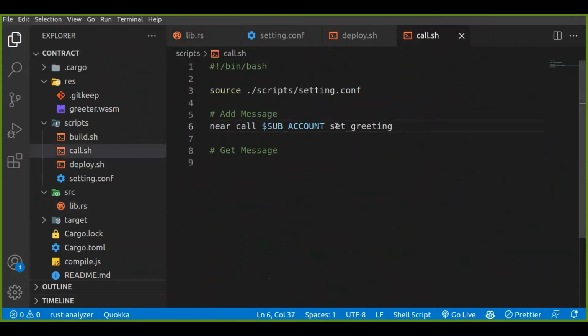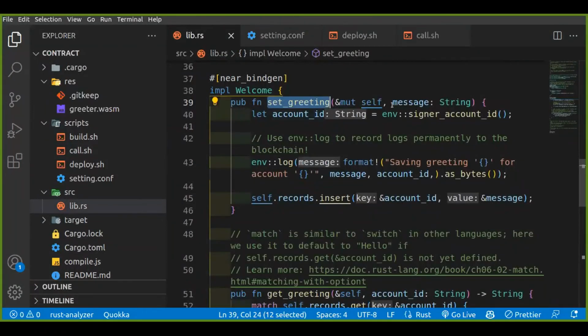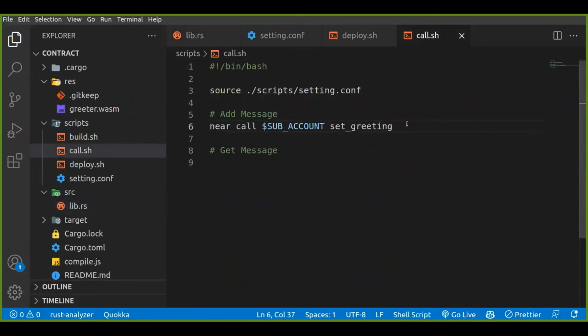Now, since we are going to invoke the set greeting function in our smart contract, it requires us to provide a parameter called message. So in other words, it requires us to pass some parameter to our function. Okay, so again, we're going to provide this message as a parameter to our function, and take note how we are going to achieve this. We're not going to do it as we've been doing it with the normal Rust program. In this case, for us to specify that, hey, for this parameter, give it this value in a smart contract or on the Near protocol blockchain,